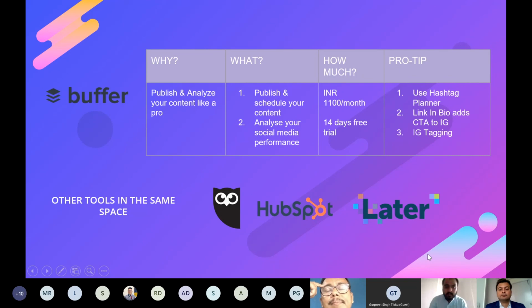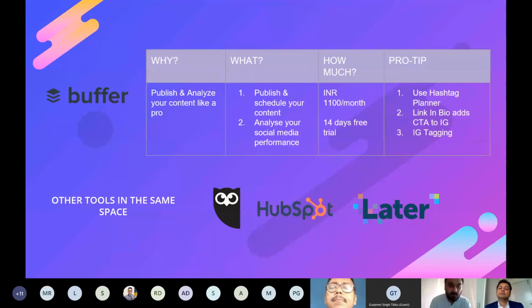This tool has a lot of features, so don't get lost in the features. What I would suggest is use the features that you need, and update your dashboard as per what you require. Moving on, there's a cost of 1100 per month attached to it, which I feel is nothing compared to the time it saves. Because my account managers were having that issue. They were like, how do we put our head to the creative planning when most of my time is going on publishing the content at the right time, putting the right hashtags and all of that. So I think this tool is a huge relief.